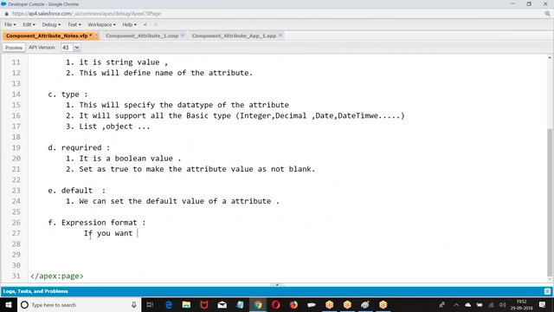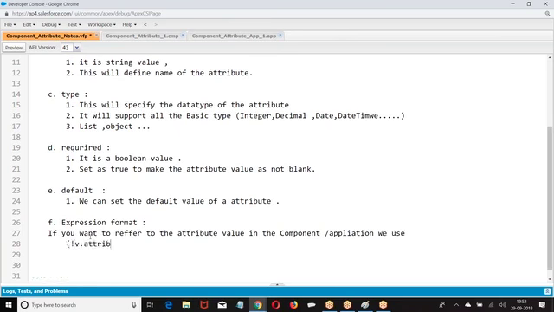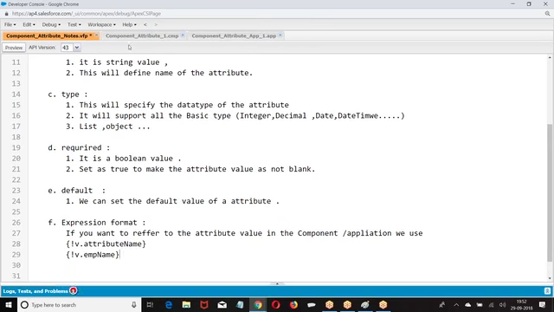If you want to refer to the attribute values, you are supposed to give v dot attribute name. This is how we created. I hope you are good with this.